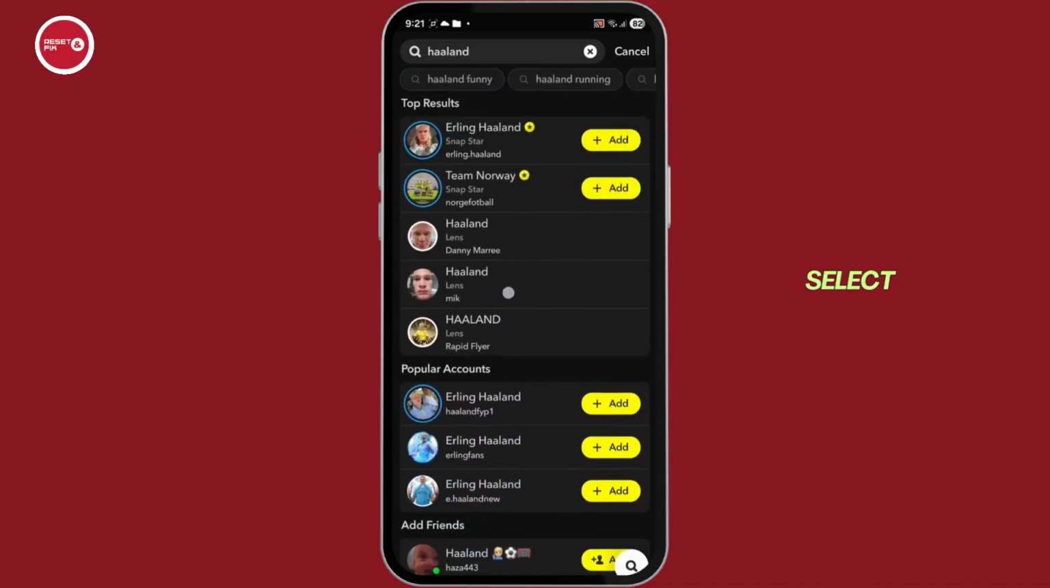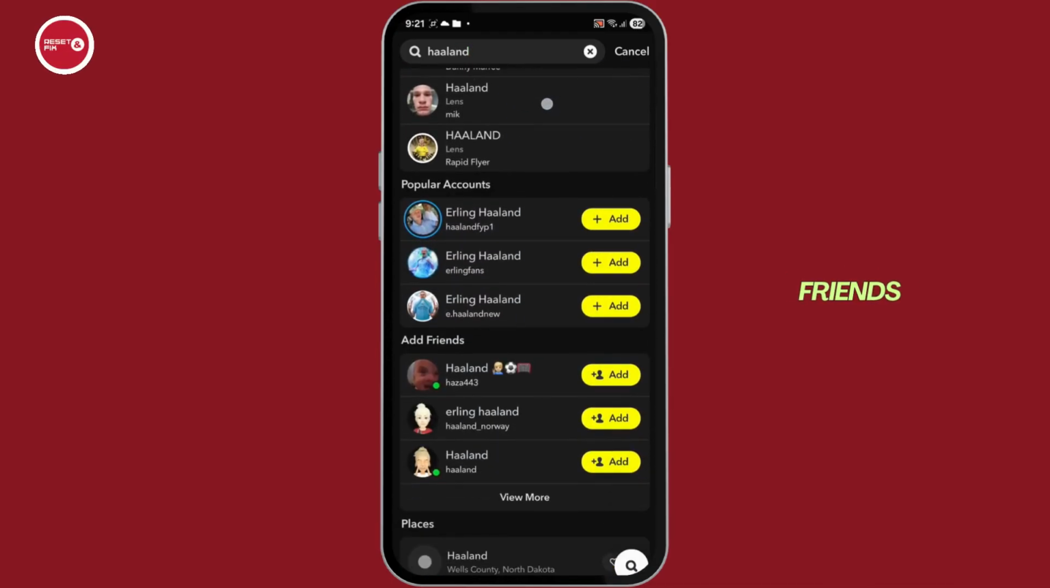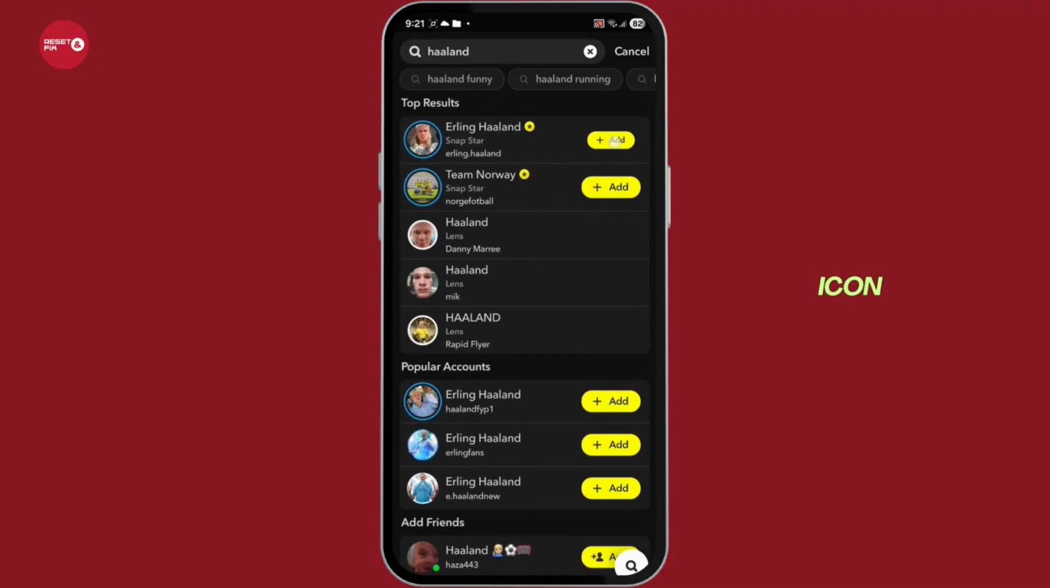Now these will be the searches. Select which one is your friend. Now if you tap on the add icon right over here, it will show as added by search on your Snapchat friend list. Now if you don't want that to happen, what we're going to do is simply tap on the